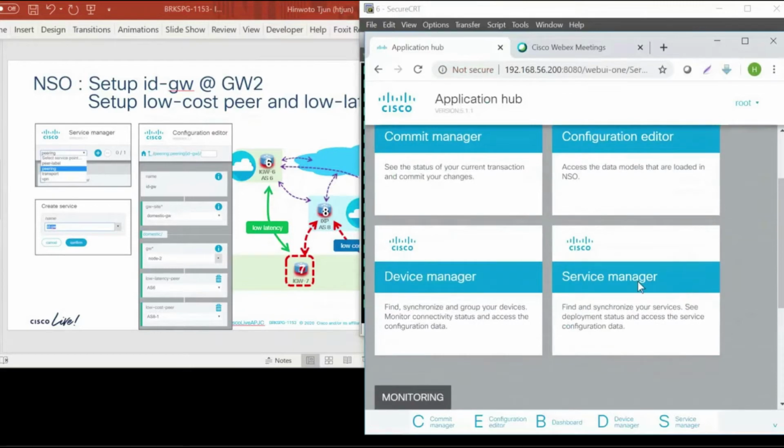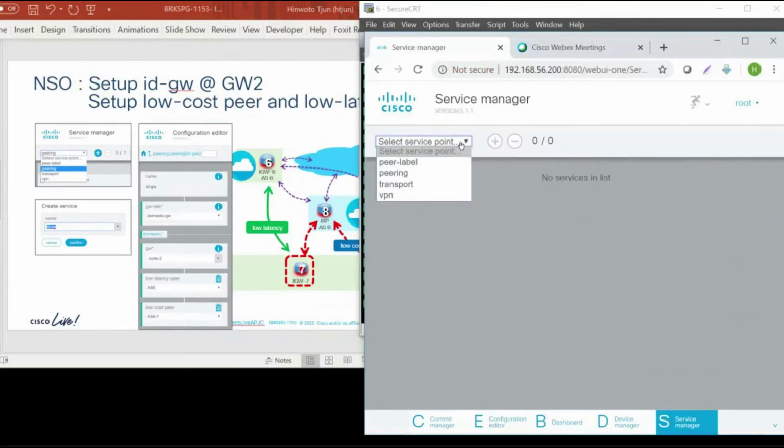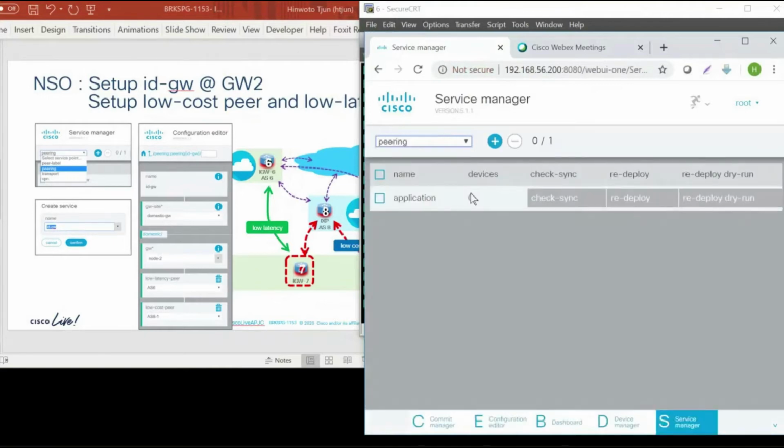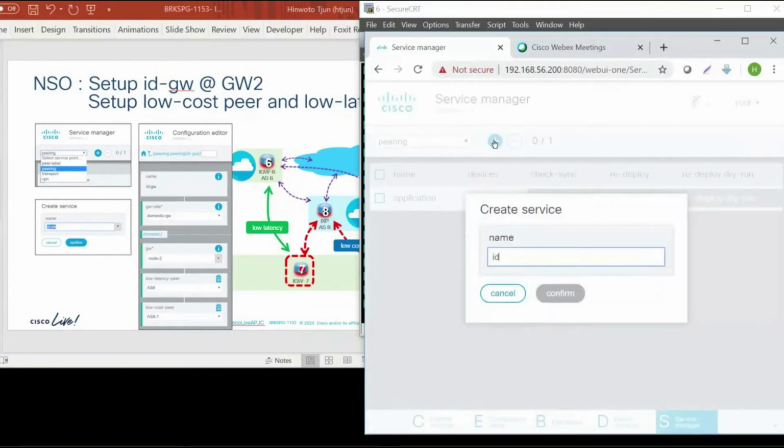Select the service manager. I have built the peering service here. We will set up a new gateway, ID gateway,